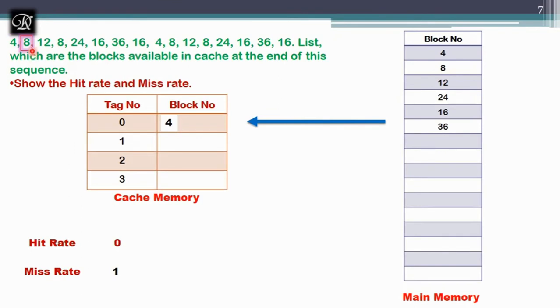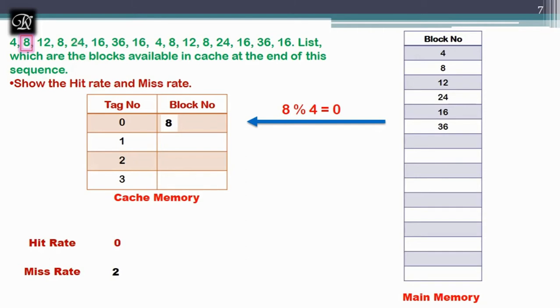Next we see the number 8. Again, if I take 8 modulus 4, the answer is 0, and it's going to overwrite 4. For the miss count, the 4 I requested previously was not there, so it was 1. Now 8 is requested, 8 is also not in the cache, so the miss count increases to 2. So now 8 has taken the place of 4.